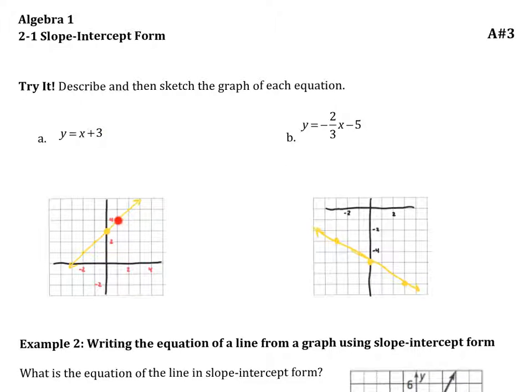This one begins at positive 3 on the y-axis, and then the slope here is sort of hidden. It's a 1, which means go up 1, right 1, up 1, right 1, or down 1, left 1, down 1, left 1. Over here, we begin at negative 5, which is located there, and either we can interpret this